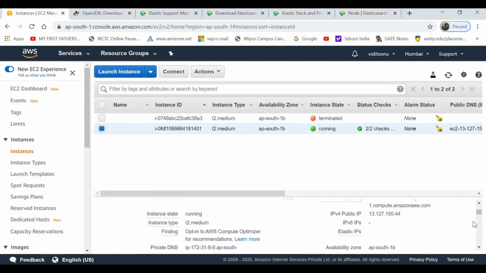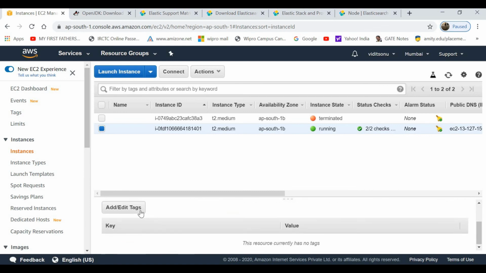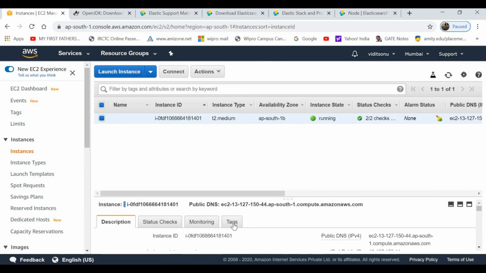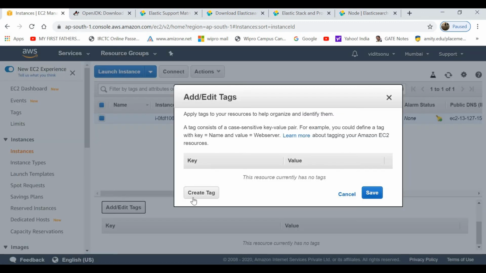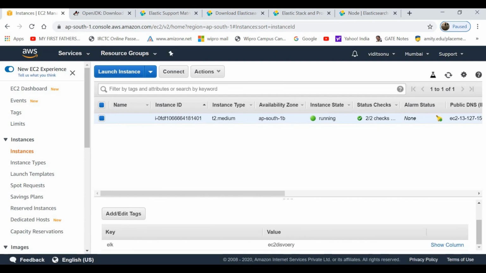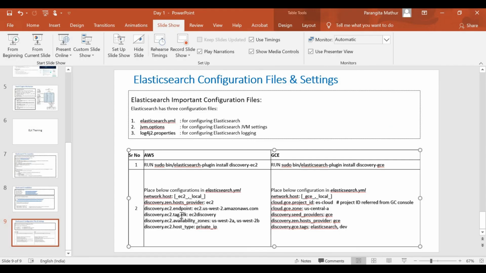This is my server's tag. Suppose I place elk here. Okay, it's the same thing. I am placing a tag name elk for EC2 discovery, so this setting will be helpful.